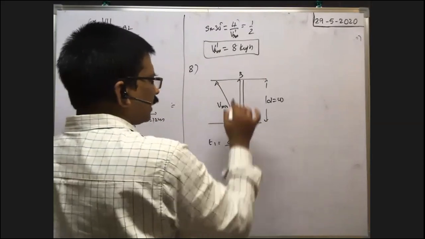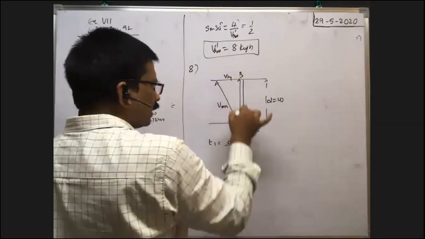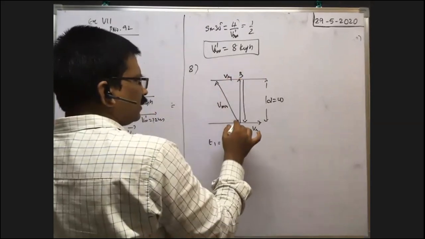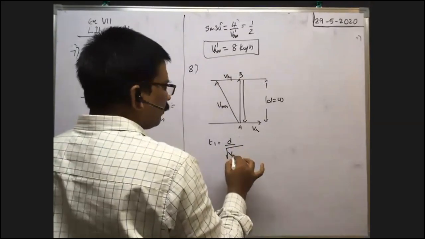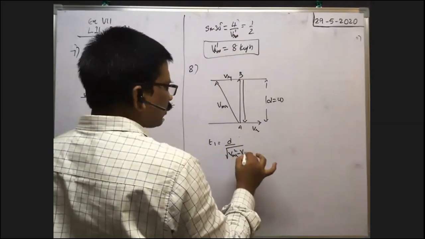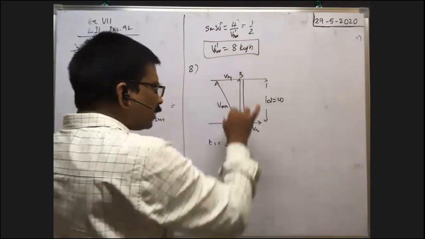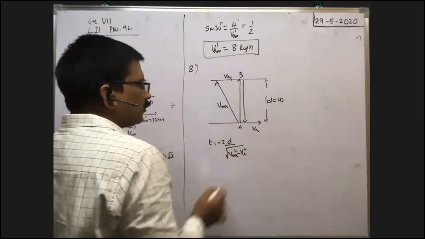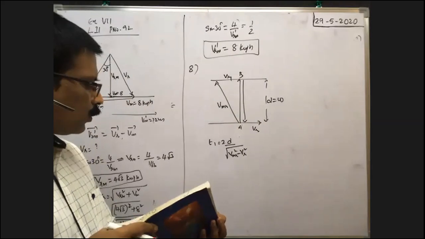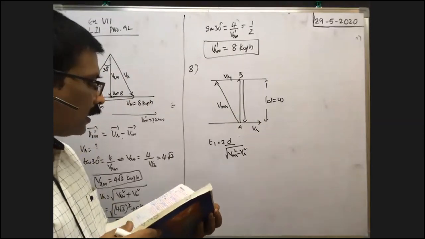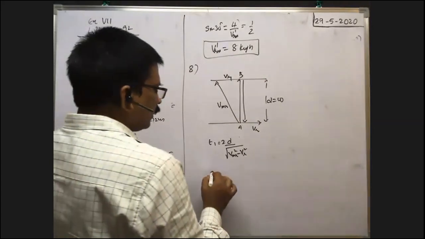In this direction, what is the velocity? The velocity of the river is VR. Now what is this velocity? D, the width of the river, divided by the velocity in this direction, which is the square root of VMR square minus VR square. This is the time taken to cross the river in this path. Again back to the same path means you take two times, that is T1. T1 is given. Time taken to cover the same distance up and down stream. That means it is the first case.